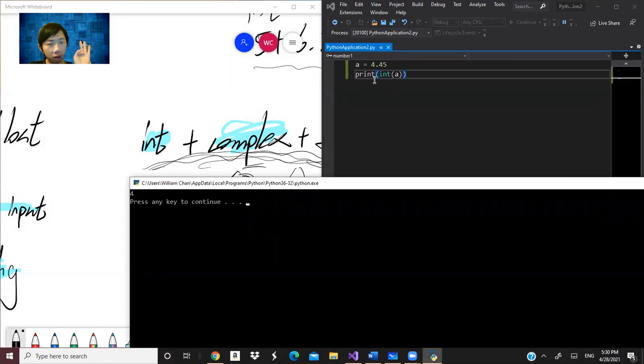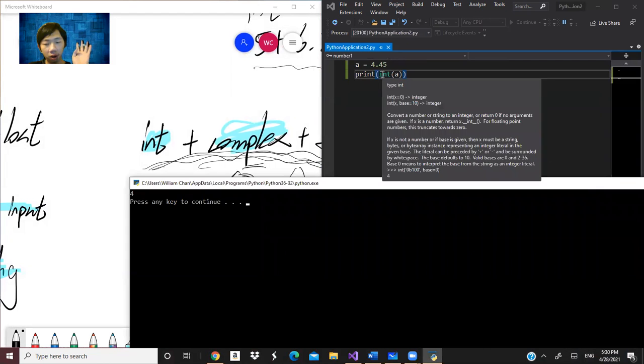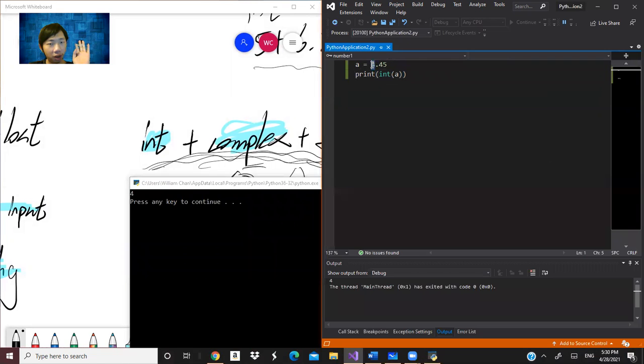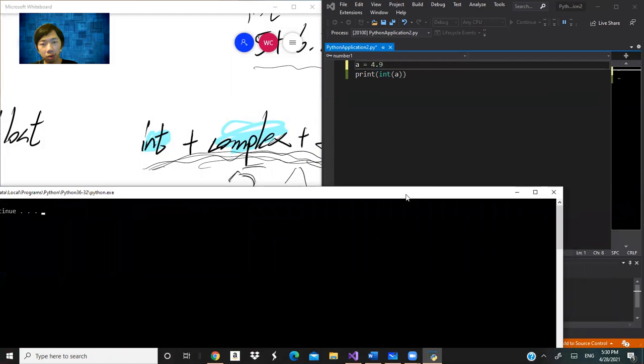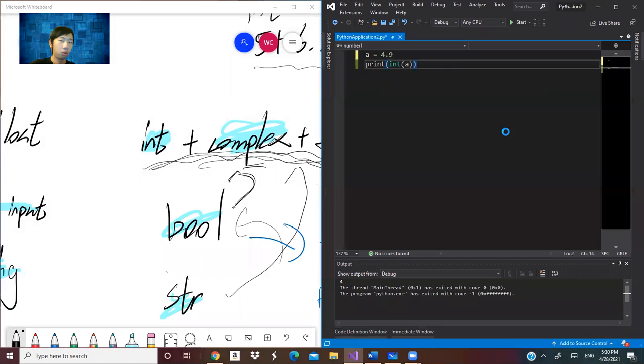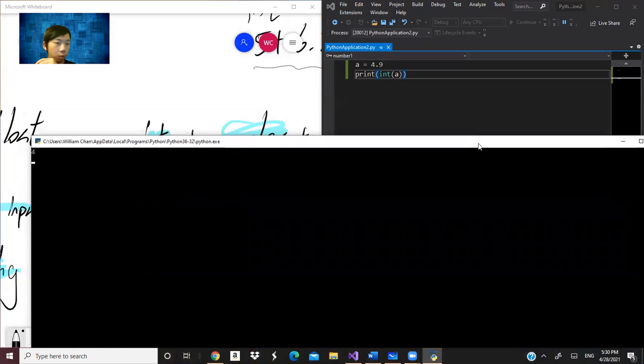It's not rounded up or down. It just recognizes the integer part and ignores the rest after the decimal point. So if it's 4.9, it will also change to 4. Same result.